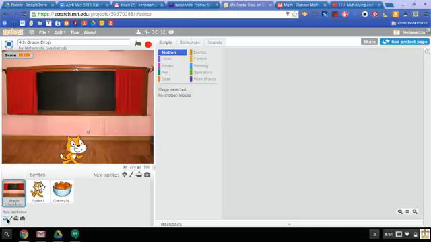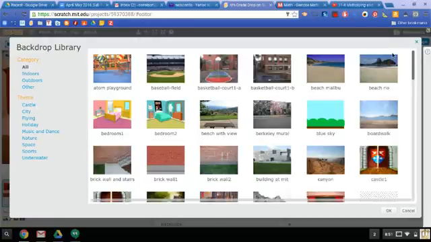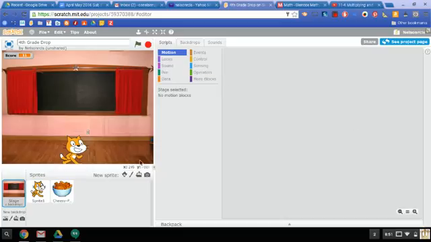Now, down here where there's this little mountain scene, that is if you want to use their backdrops. And you can just pick one. And that would be a great place to start. And I can help you change that another time. You could draw your own backdrop. You could even take a picture of something in the classroom or yourself for a backdrop, or you can load